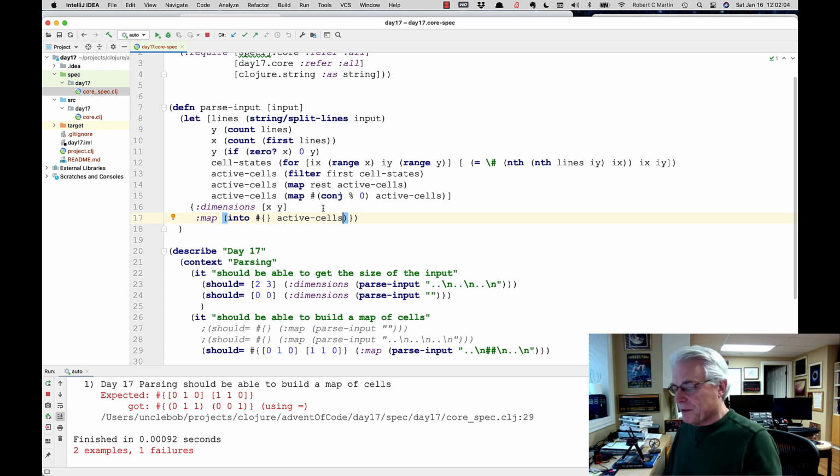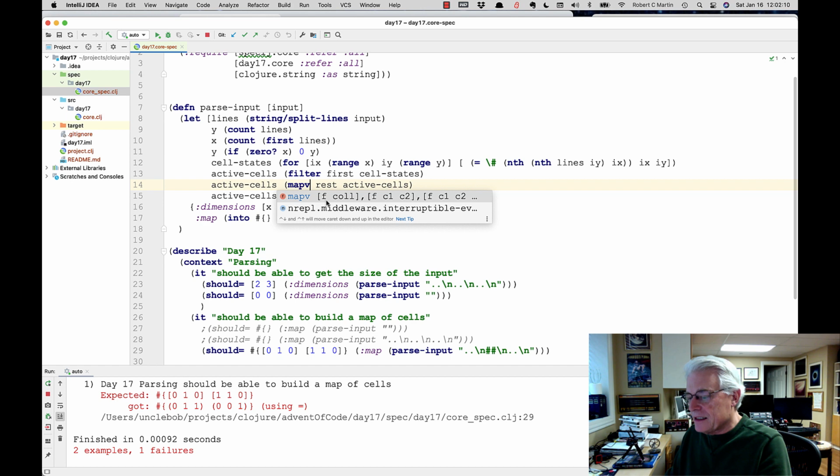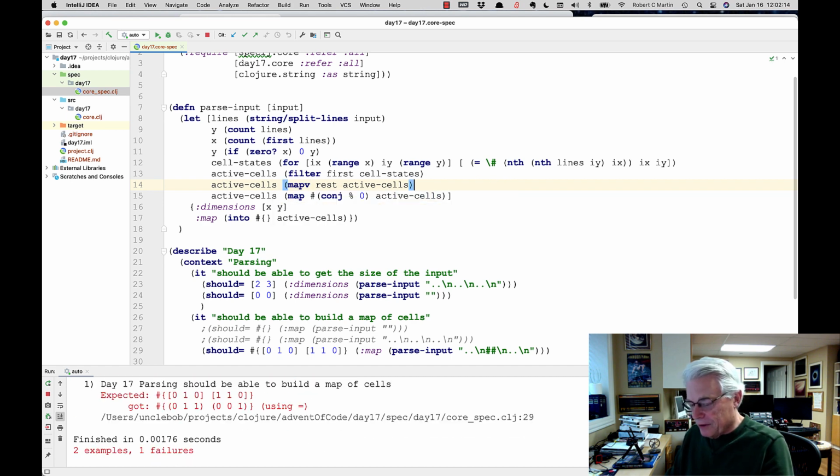Yeah, I should have spotted that. The conj went on the front because it was a list. If I did this as a map V, let's see what that would do. Yeah, conj still went on the front because for some reason that's not a vector. So,